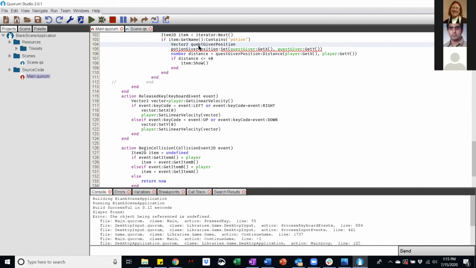Actually, it's just potion position, not giver. Yeah. And this name is just to help us understand. This won't change what the code actually does, just changing the name of this vector 2. But it'll help to understand it better. Okay, so then I want